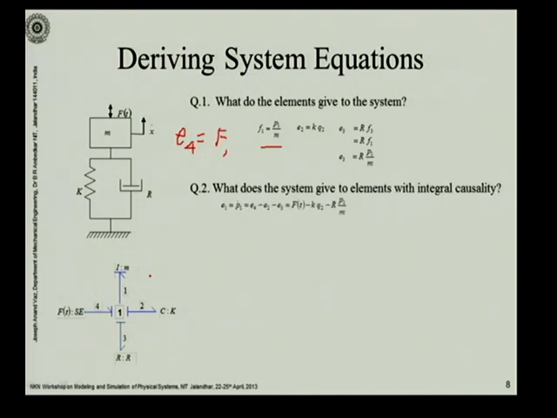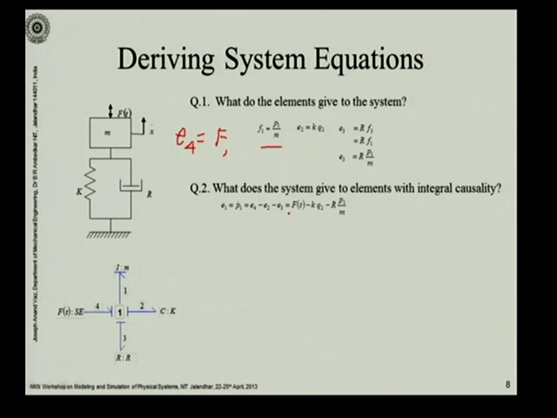So let's look at the first one. In the first one we can see that the system gives to this element effort. Okay, this integrally causal element is receiving effort, and this effort can be written as effort 4 minus effort 3 minus effort 2. If you look at the algebra for this junction, effort 1 is equal to effort 4 minus effort 2 minus effort 3,